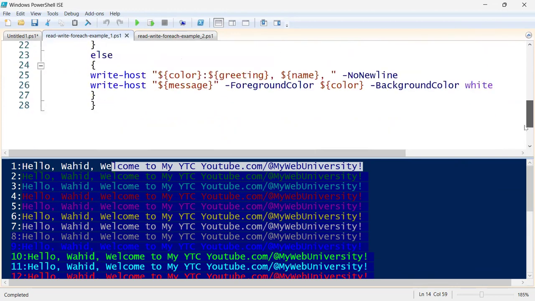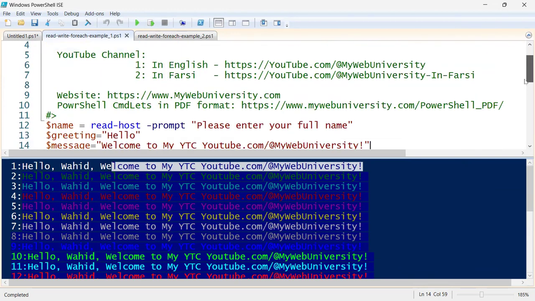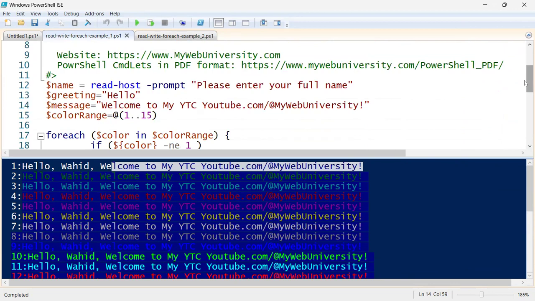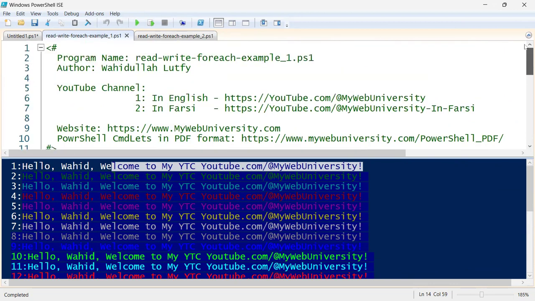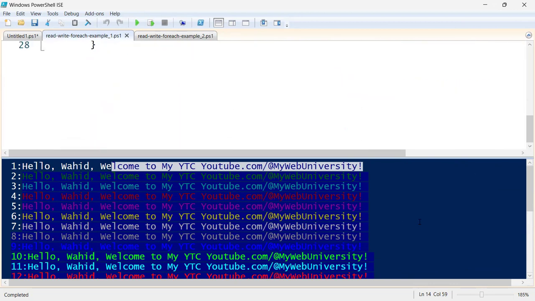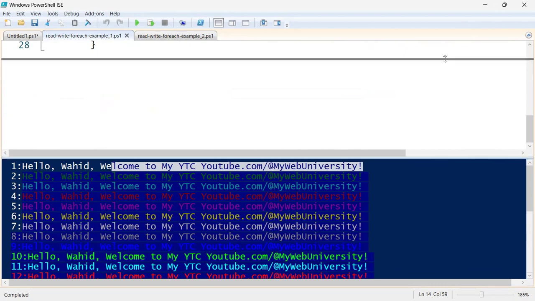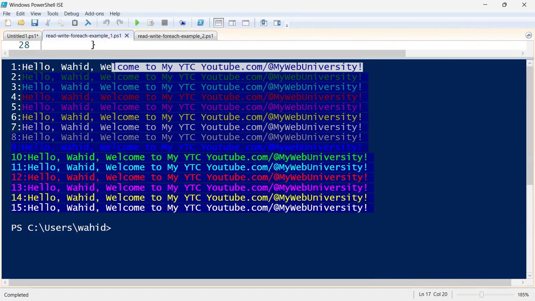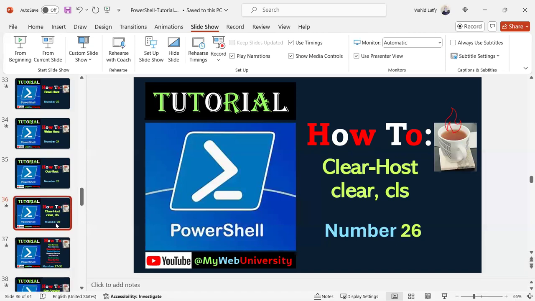And the next command, like I was showing you, the clear host. Clear host, there is not much to cover on it. It is basically just clearing the host. And then there's a number of commands associated with it. So the write host, we covered the write host. Let me just make sure that I cover that one also. Clear host, before clear host was